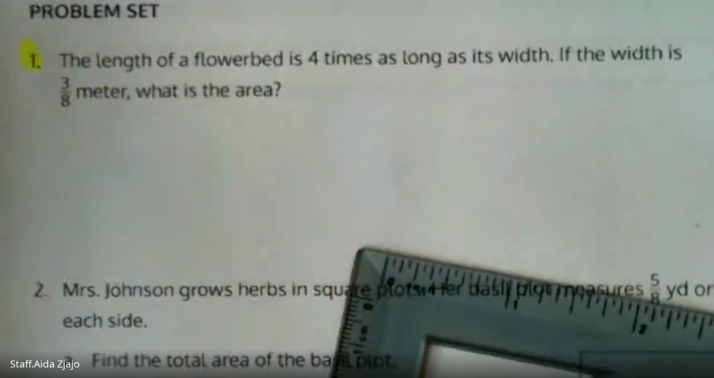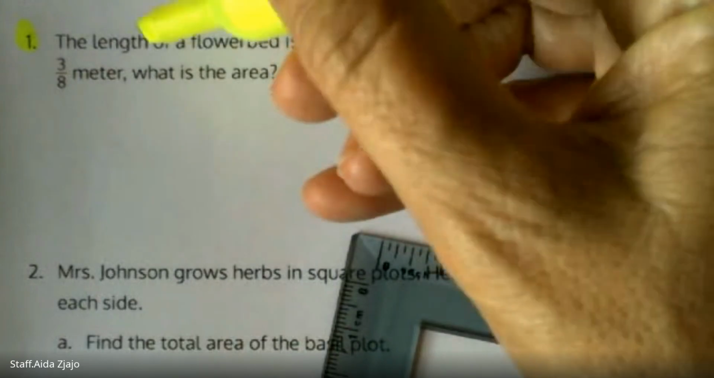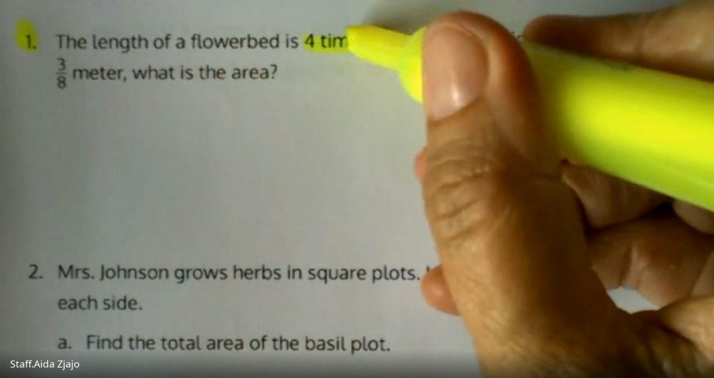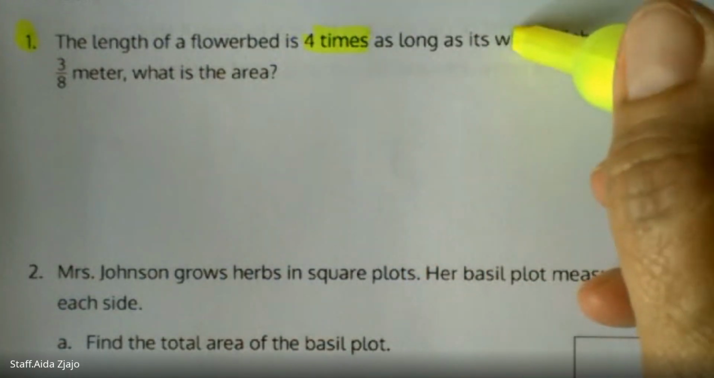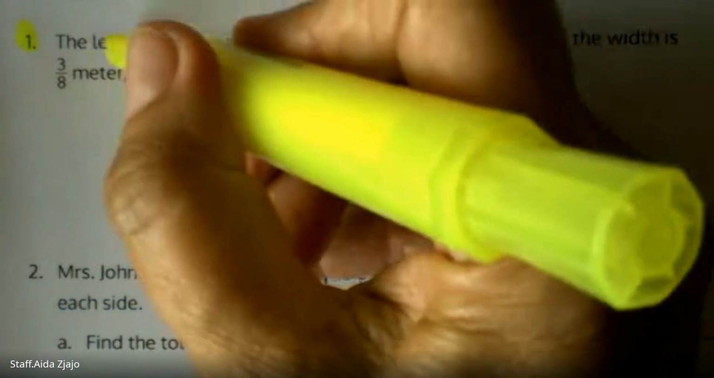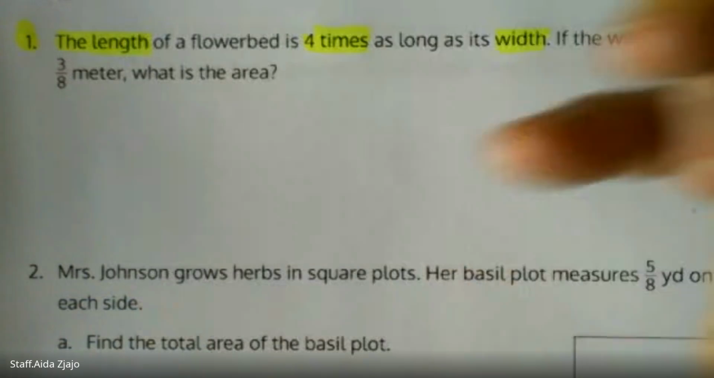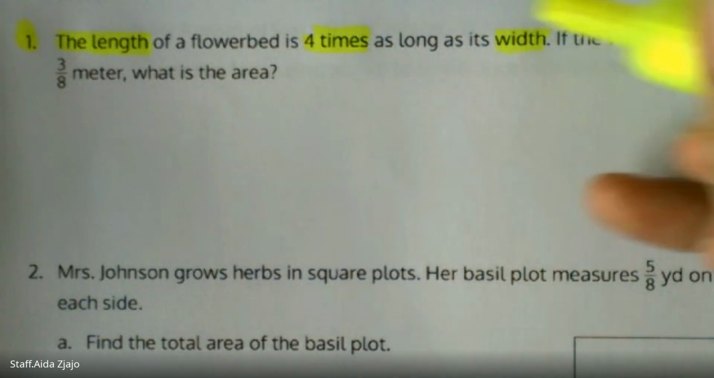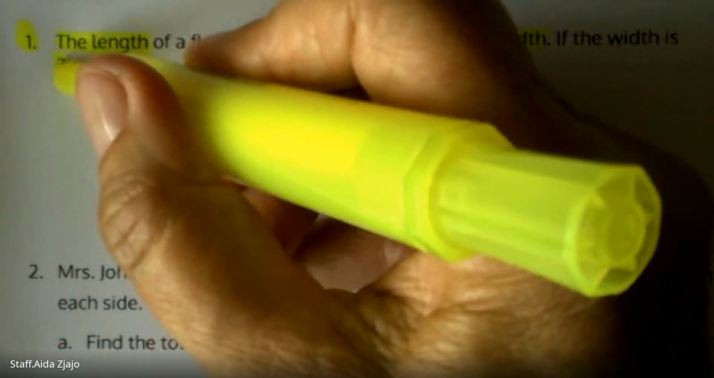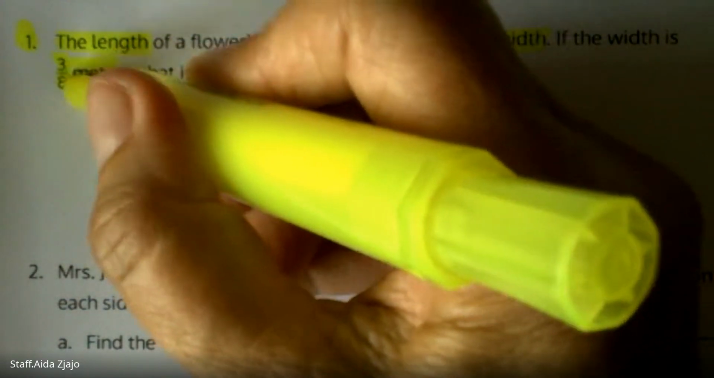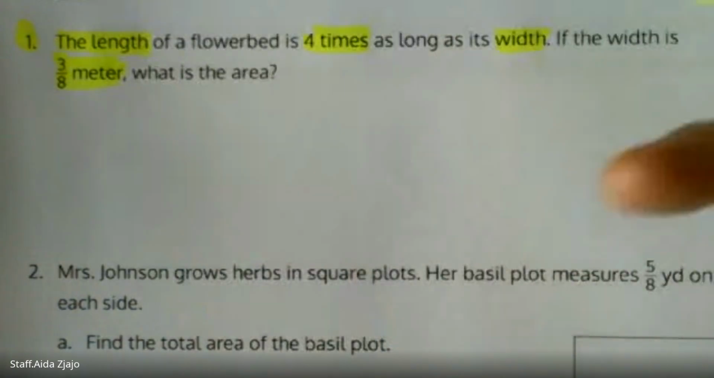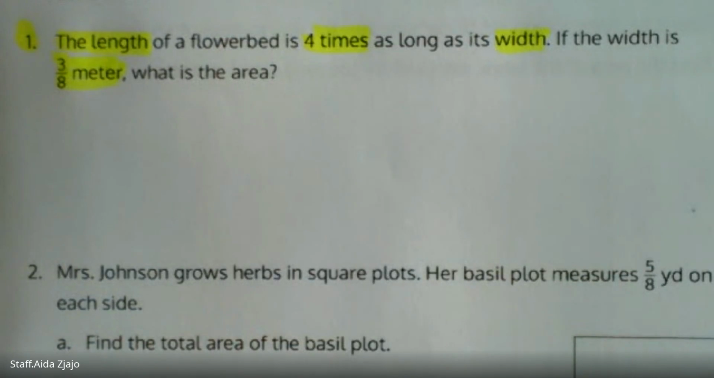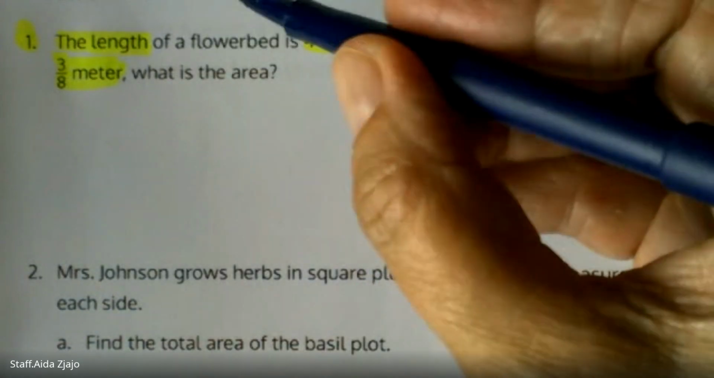Question 1. The length of the flower bed is 4 times as long as the width. If the width is 3/8 of a meter, what is the area? That's the question. So if you think about area